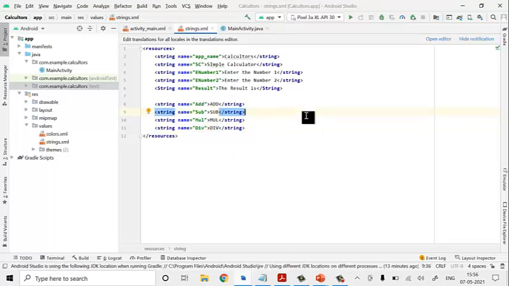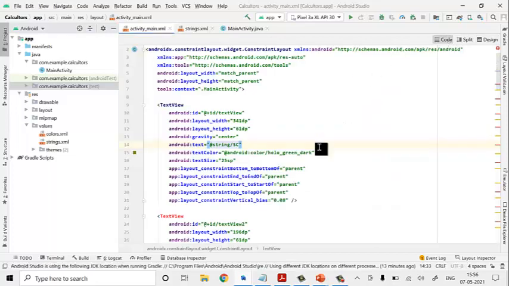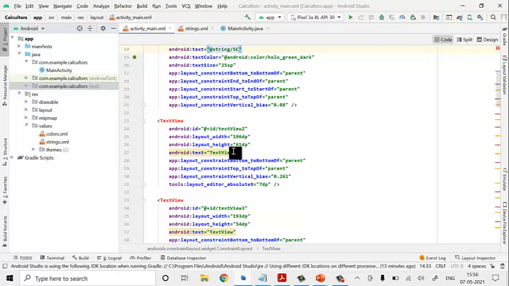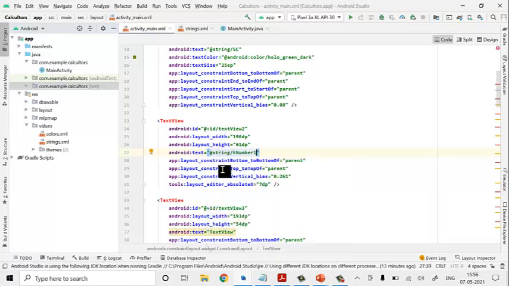Now you save this file, go back to activity_main.xml. Again you go back to the code. Here you can check it out. The first text view I have, I need to remove this and place enter the number 1. Down here we have string /e num1. So I have entered it.